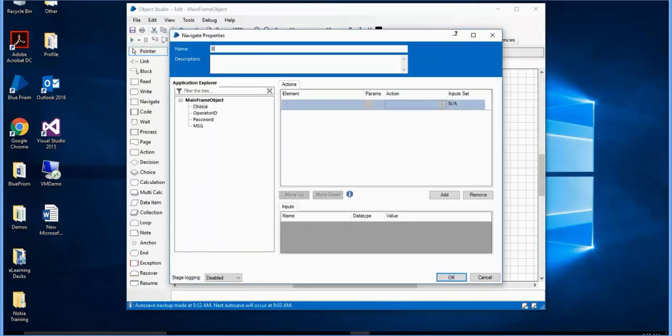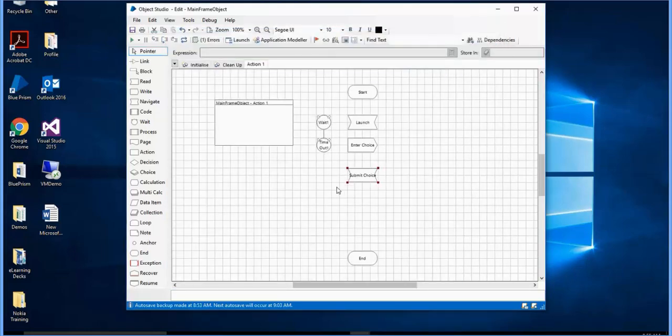I will say submit choice, and select my application, global send keys, and I need to send enter, right. How I can send that, within double quotes it will be enter, like this. Click OK. So this will submit my choice,